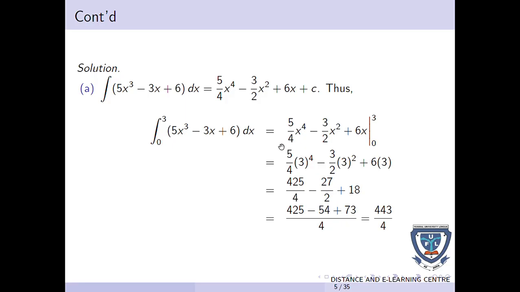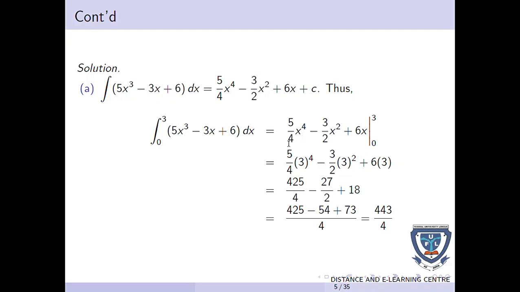you integrate them component by component because the integral of the sum is the same thing as the sum of the integrals. So for this component 5x raised to the power 3, the integral is 5 over 4 x raised to the power 4. While for minus 3x, the integral is minus 3 over 2 x squared. Then for 6, the integral is 6x plus the constant of integration. Thus